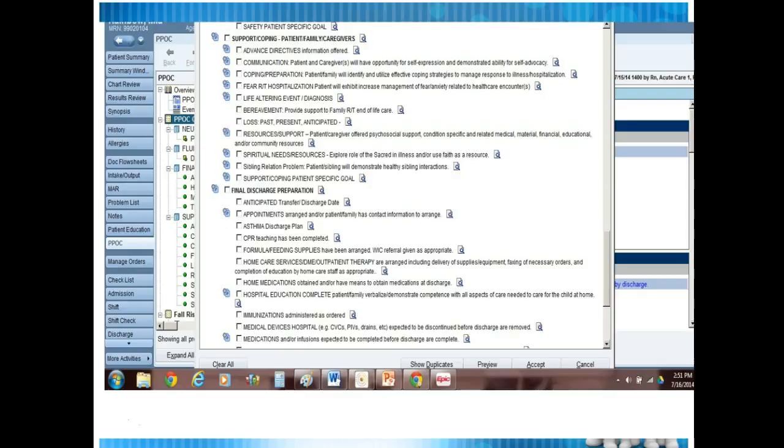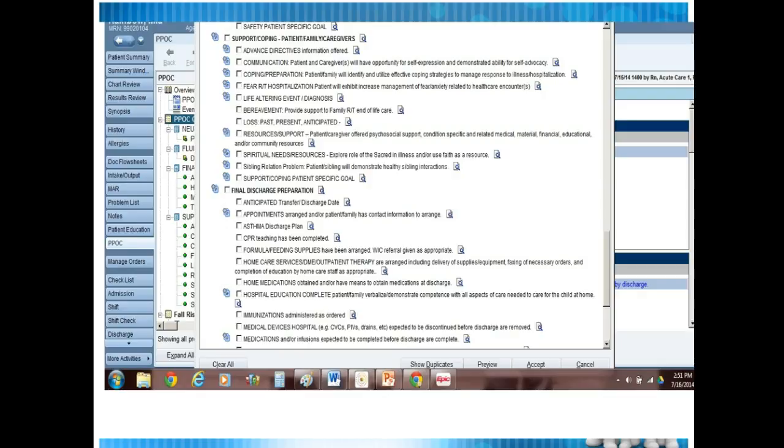So if you're not really sure what pertains to your patient, because when we talk about mind maps in just a little bit, we're going to talk about all of the relevant nursing diagnoses that apply to your patient. And I know a lot of times when you do those mind maps, it's clinical paperwork, and nursing diagnoses are so dumb. But it should match what you are seeing in your PPOC, right?